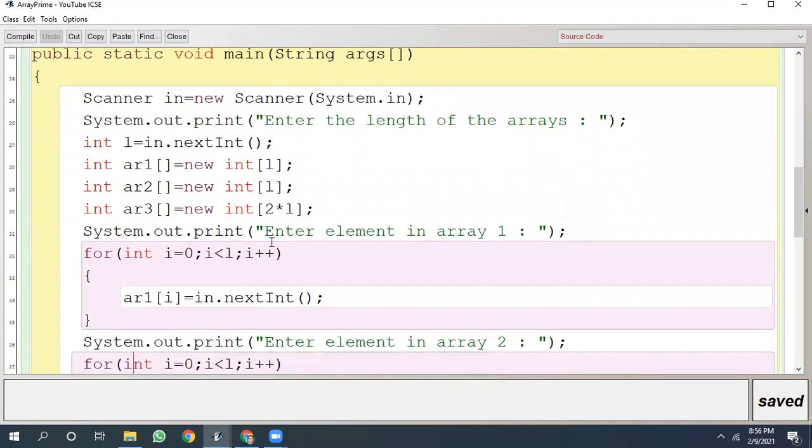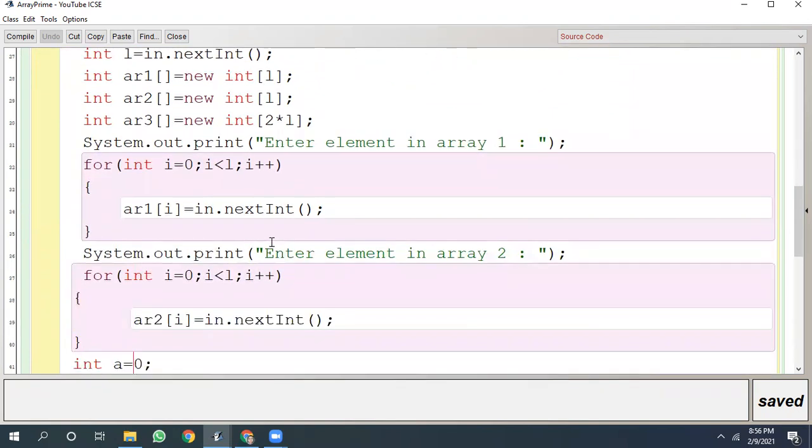Then we are asking the user to enter the data in these arrays. System.out.println, enter the elements in array 1. We are asking the user to enter the data in the first array. For i = 0, i less than L, i++.